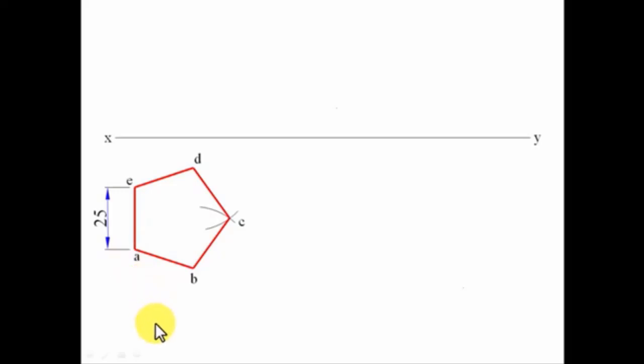Let's take a look at this regular pentagon, which is entirely resting on the HP, from the front. This is going to be its view. That's the front view in the form of a simple line. Now guys, if you've watched carefully, this edge EA has been kept at an angle of 90 degrees with respect to the XY line. Why have I done so? Because it is this edge which will finally be kept at a certain angle with respect to the XY line in step number 3. That's why. Always remember, whichever edge or side is inclined in step 3, it has to be kept perpendicular to the XY line in step number 1. Always remember this.